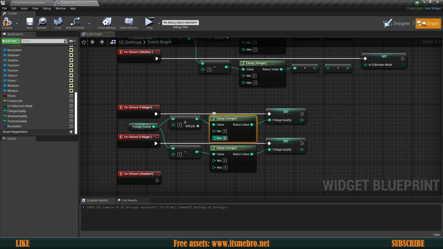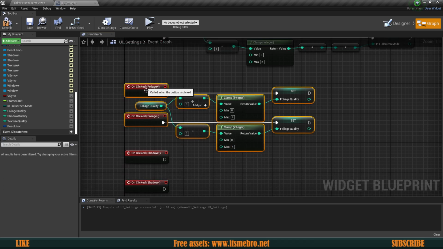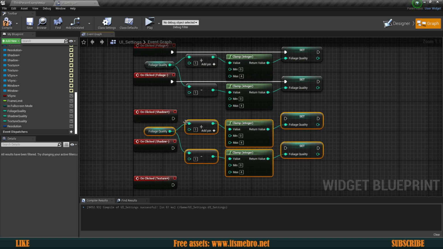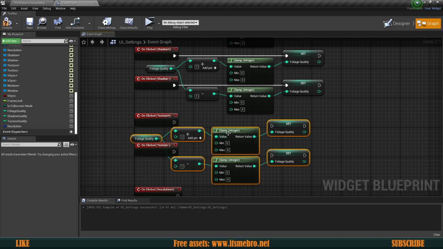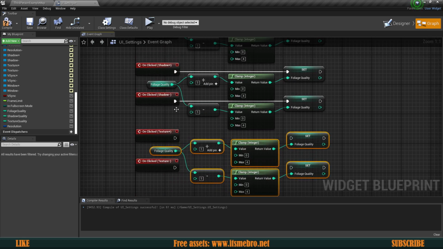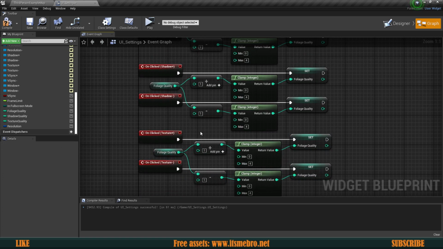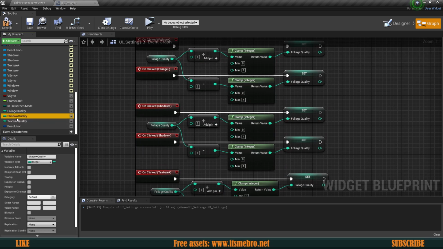So my clamp is going to be 0 up until 4, like so. Now to make this go a little bit quicker, I'm going to copy all of these nodes except for the event nodes, paste these in over here, and make sure to connect the execution pins. I'm going to copy this over here as well, to shadow and to texture qualities, because all of them use integers. Now what we can do is grab our variable, in this case the shadow quality,